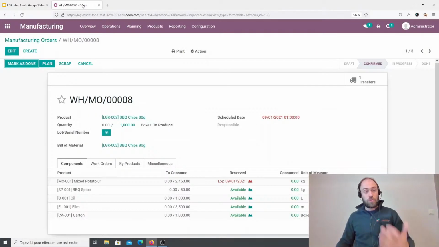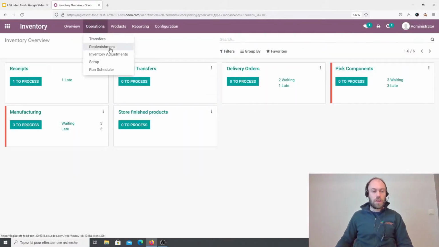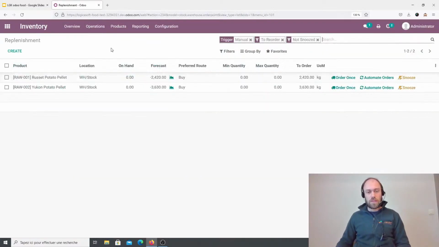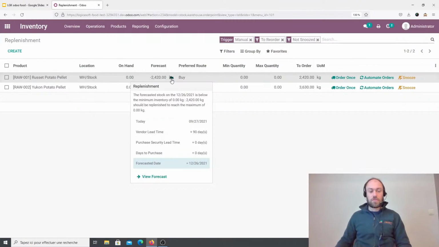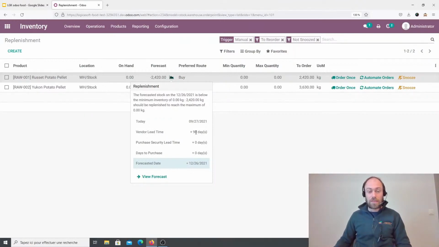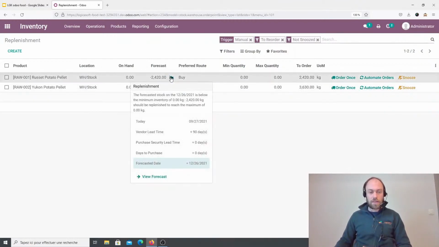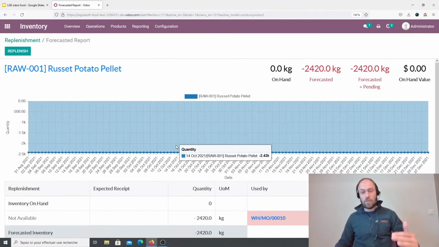I will be now the purchase manager and I will handle the orders to my vendors. To do so, I go to the inventory application and use the replenishment screen. It's a brand new feature of Odoo version 14 and very handy. Here I see all my forecast with the details in terms of lead time. So I see all the products needed within the vendor lead time, which is here 90 days, and the quantity to order. Of course, based on forecast and all the manufacturing orders already scheduled for the coming months,